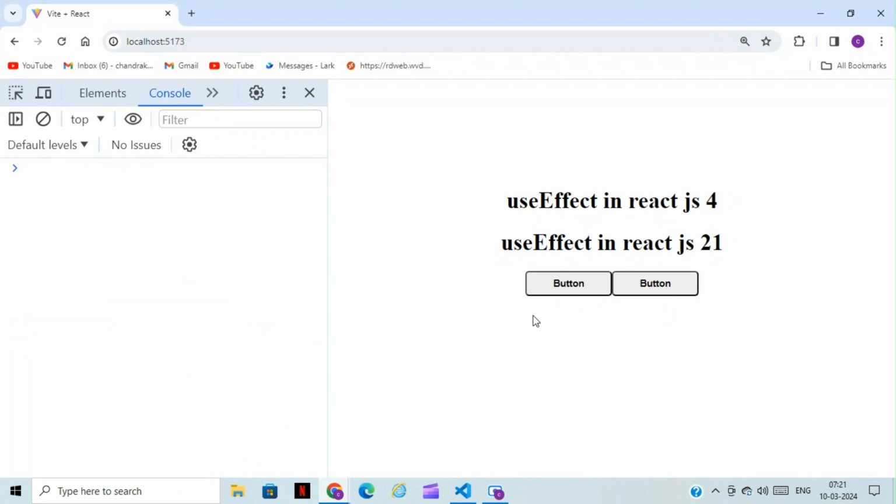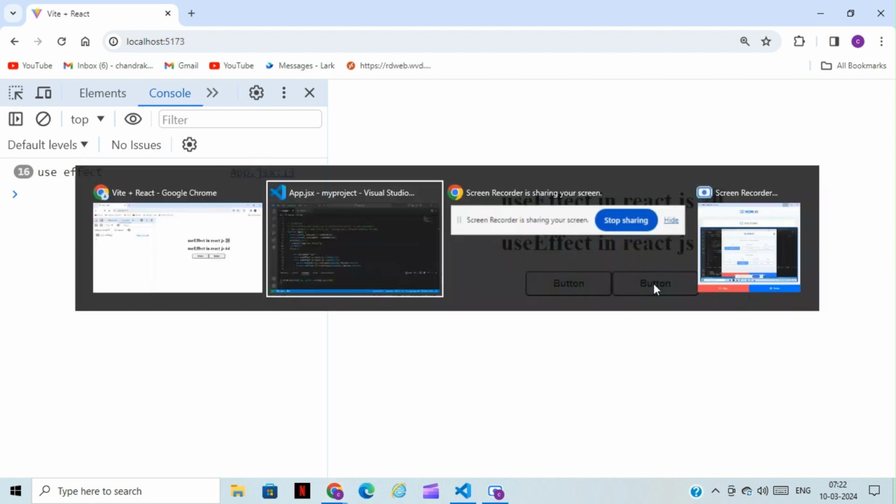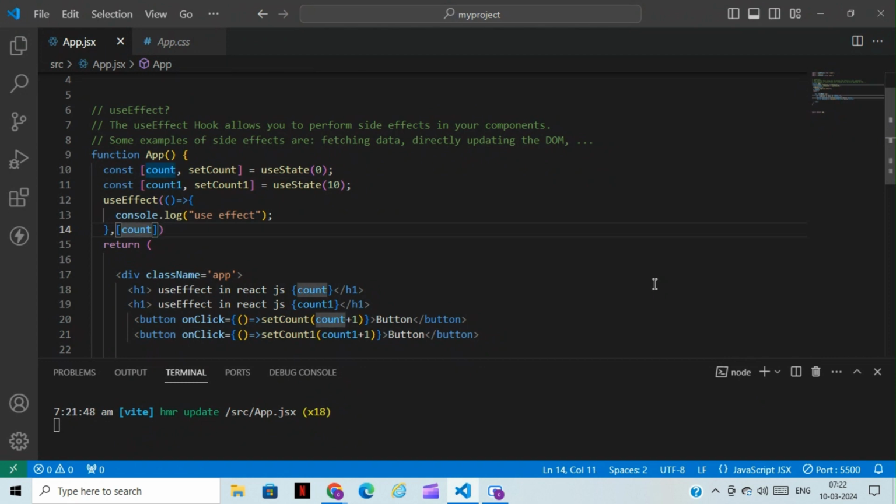Just remove that, guys. For the first one, guys, see, guys, it's working fine. useEffect is as well working and the number is also increasing. If I click on button 2, guys, it will not work, guys. useEffect will not work. See, guys, only useState is working. You can see that. See, guys, useEffect is not working. So this is how, guys, we are going to apply it manually, guys. So if you want it to work on that as well, you can just give a comma, guys, and count and one, guys. So you can take one more useState here,